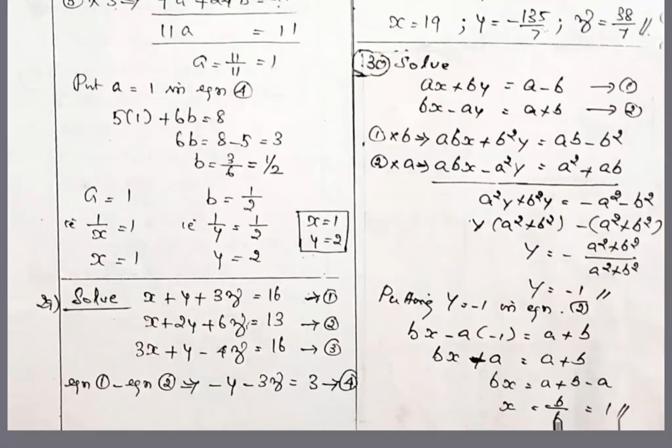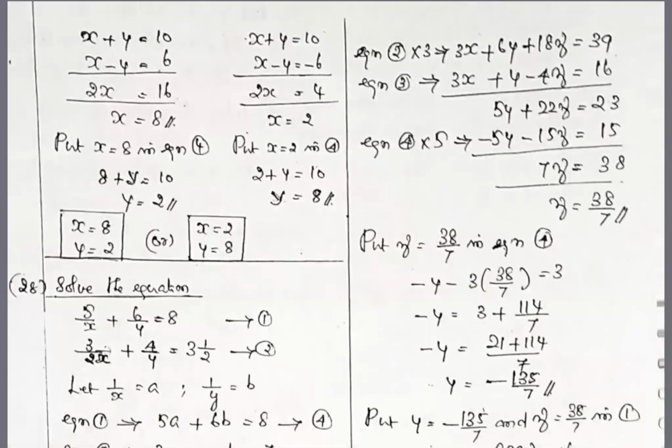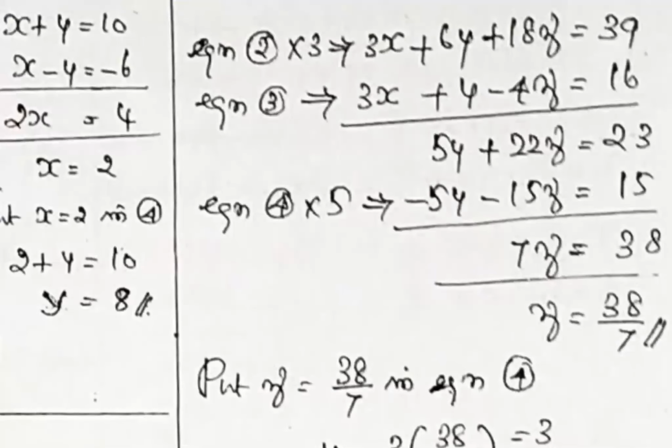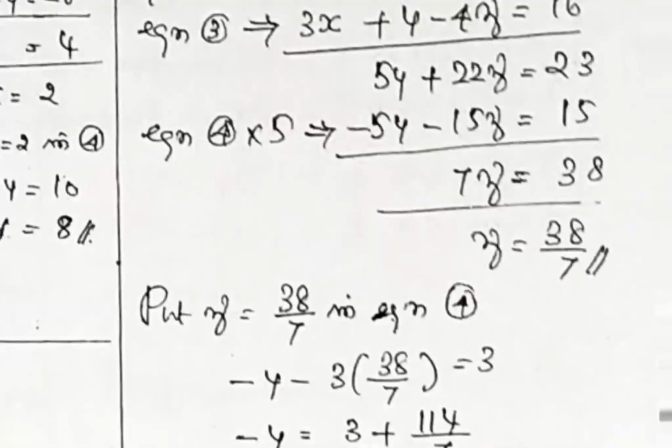Again, you take any two equations, try to cancel the same x letter. One more equation we want. So equation 2 multiplied by 3, equation 3 multiplied by 1, or as it is. Again, the x letter cancels. The new equation we are getting is 5y plus 2z is equal to 23. Now call this equation number 4 here and solve it. z is equal to 38 by 7. So the first idea is a new idea.